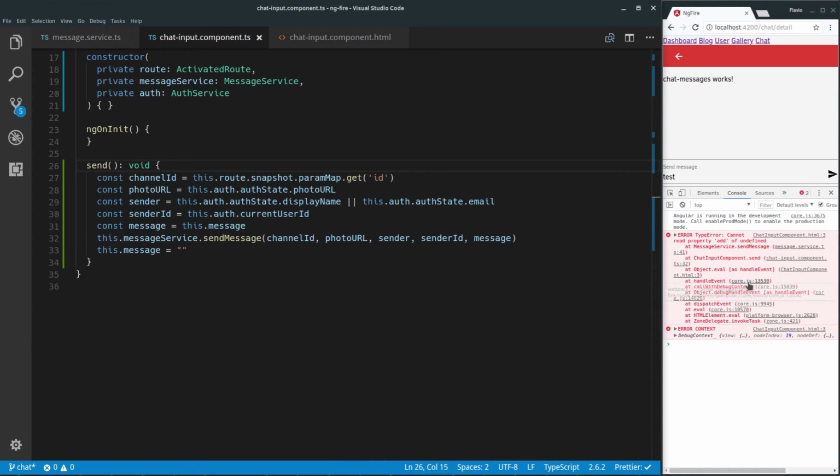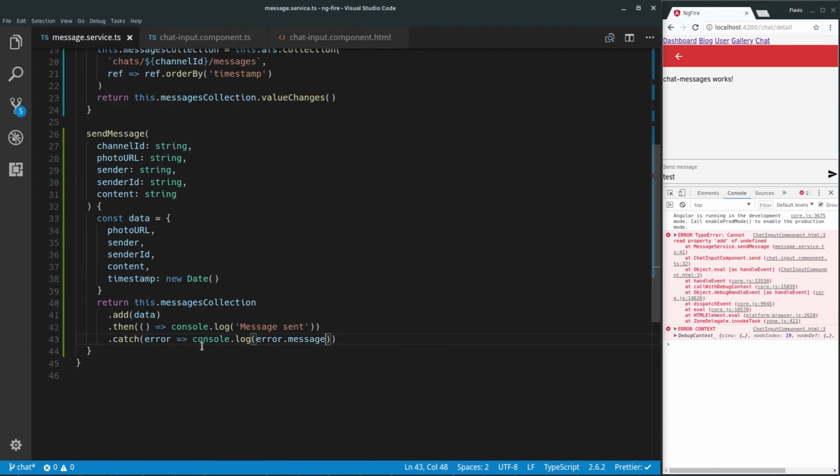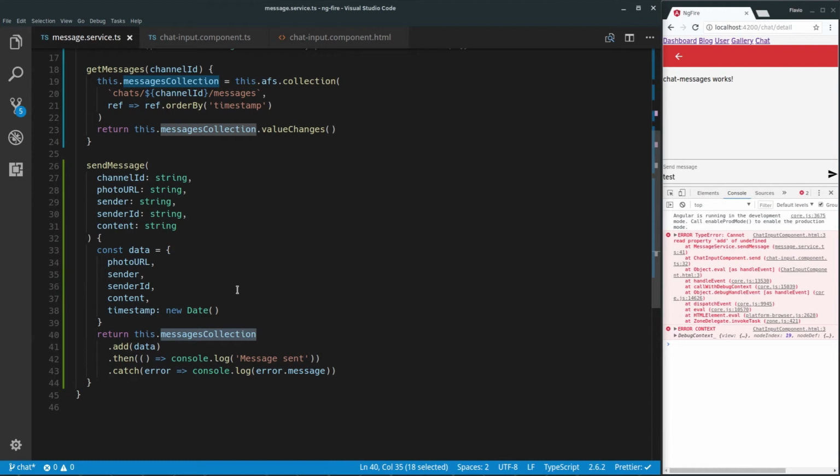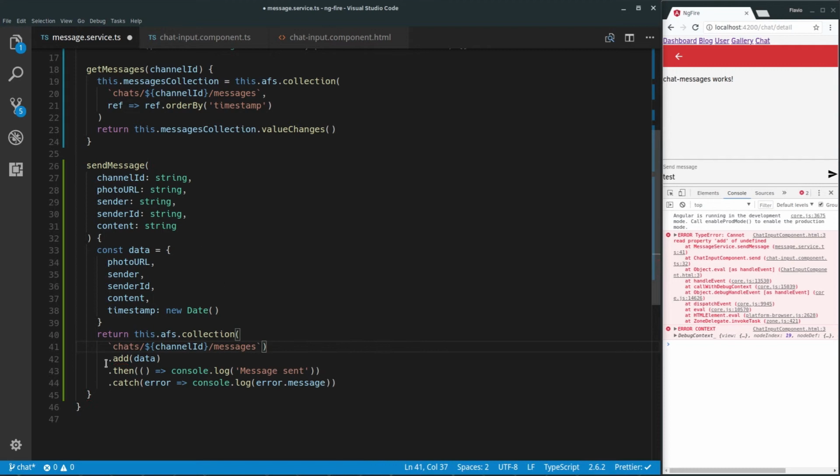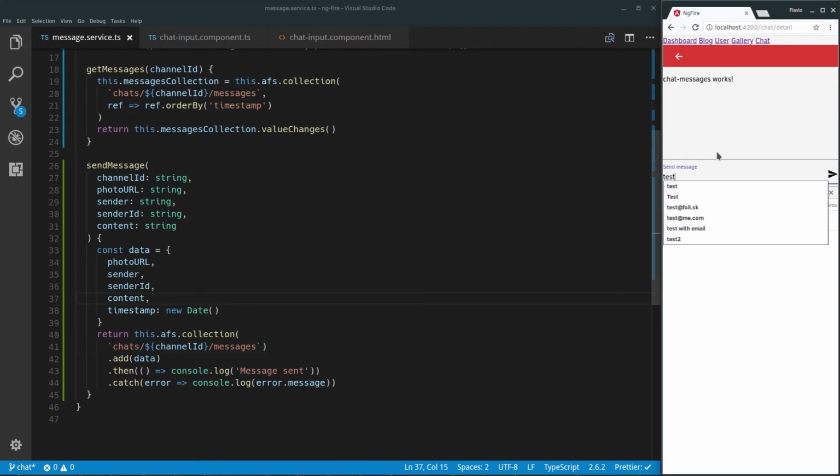And the reason we're getting this error is because here on the service, we are using the message collection, but the message collection has a filter in here, so that is bound to break our app. We need to rebuild the address down here instead of calling it from the collection, just like that. So if you test again,